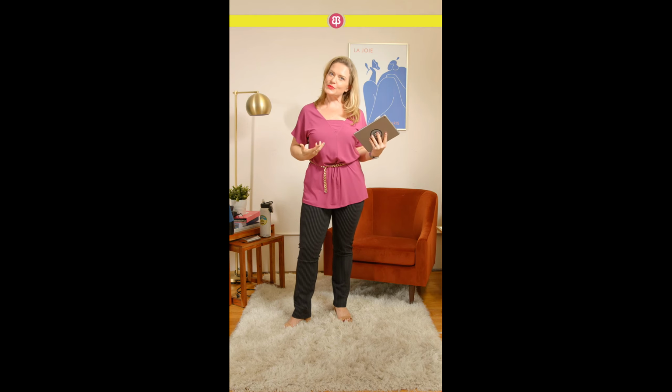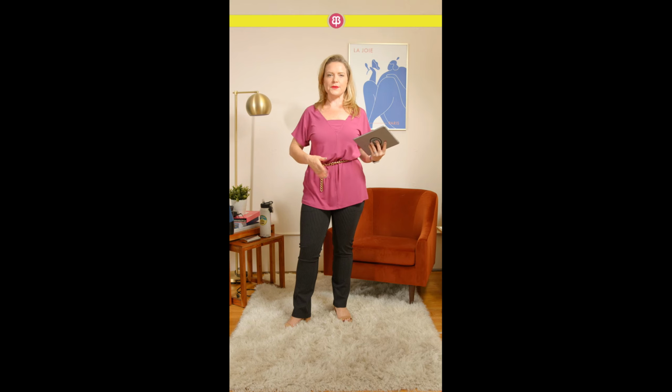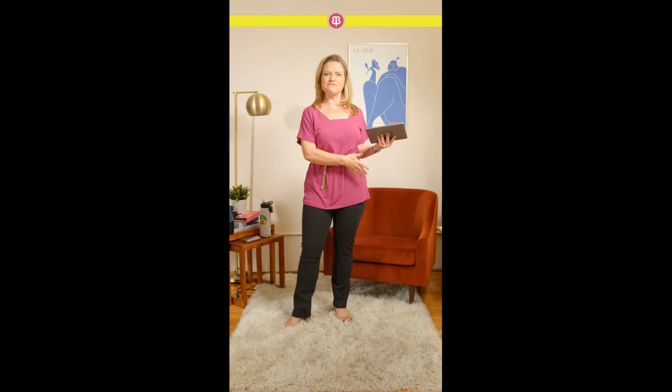It's also reversible. So given that you can wear it with the belt it comes with, wear it without a belt, swap out a belt, wear it one direction, turn it around, wear it the opposite direction, reverse it, switch it up,